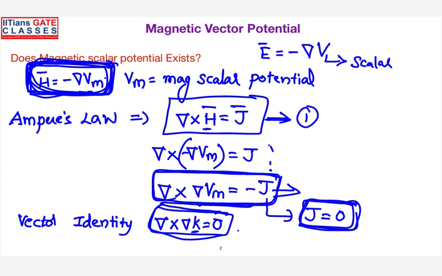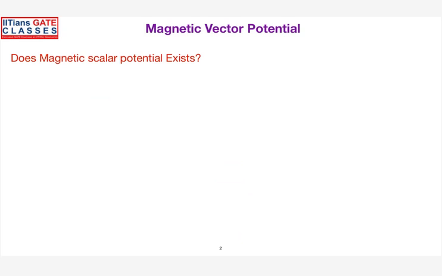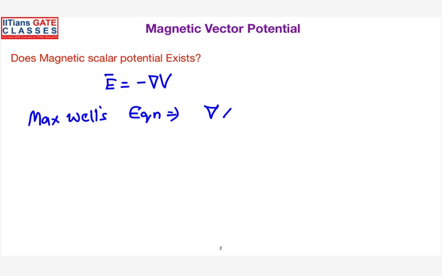Okay. So the point is the magnetic scalar potential will not exist. So let us see the same thing in electrostatics, whether the Maxwell equation and the vector identity are satisfied or not. Sir, I was trying to prove what happens in electrostatics. Yeah, sure. In case of electrostatics, you know that the electric field is the negative gradient of potential, and here your V is a scalar. Now, what is your Maxwell equation which says the first Maxwell equation says that the curl of the electric field intensity is equal to the null vector.